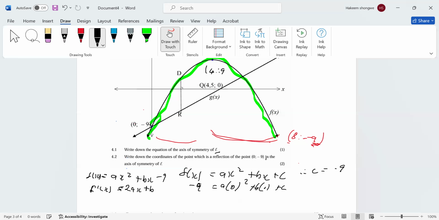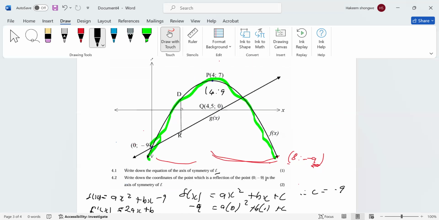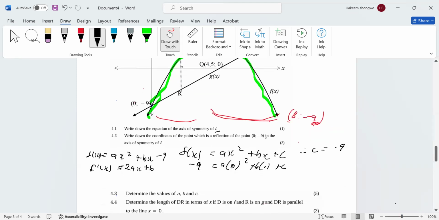Minus 9. Yes. 4 is 2... 4 is to 7, yeah? So really the first to 7 thing I can miss. Yeah. So now the first to 7 thing,